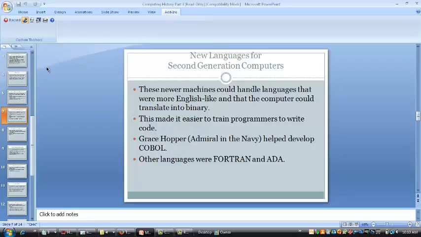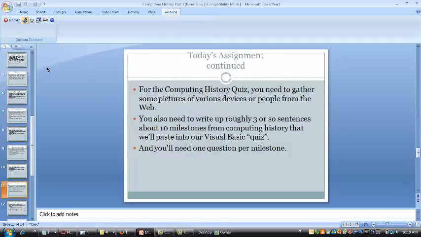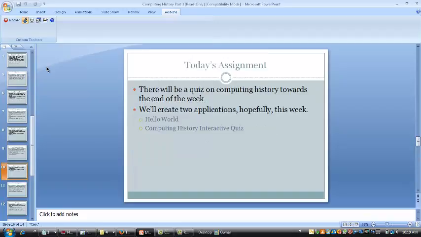We've got to have more English-like languages, and so there are people who start working on developing these that the computer will then translate into binary so it can execute instructions, but we have this buffer between the person and the binary that the computer needs, this English-like high-level language that allows the